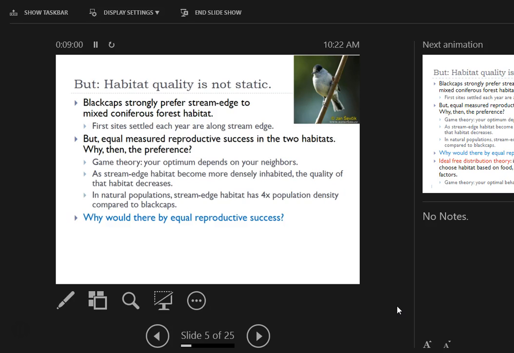Whereas if you go into the stream edge habitat, maybe there's abundant food and lots of really nice shelter locations, but at the same time there's a ton of birds, and so you're competing over those great resources with lots and lots of individuals, 4 times the number of birds in those habitats. So the argument is that